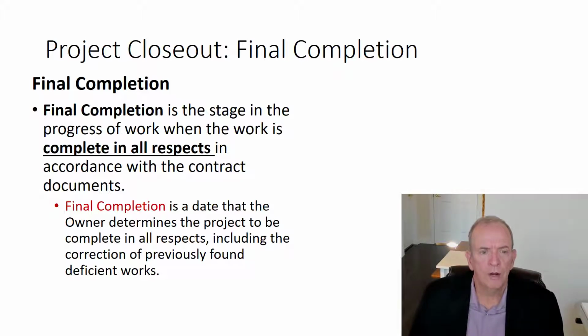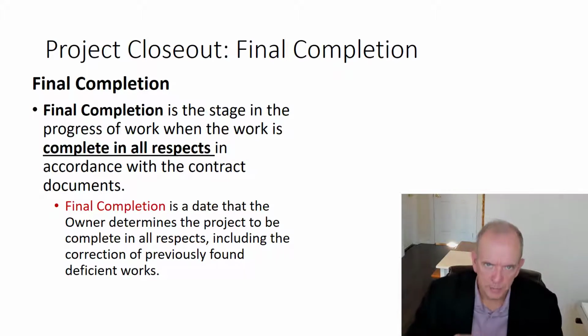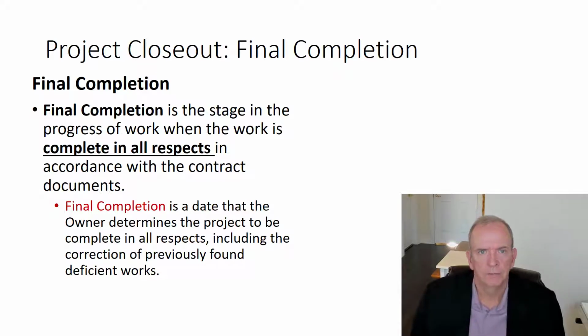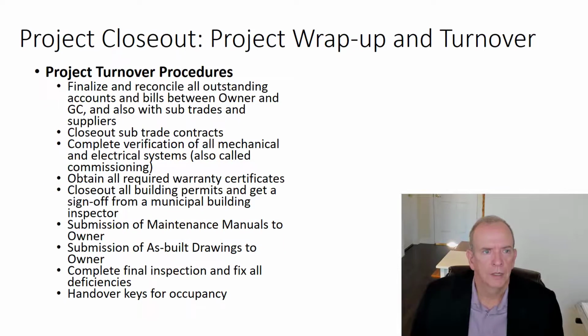Final completion means that everything is signed off and all the project closeout requirements are met, and the final payment is made from the client to the contractor. All the release of all the lien holdbacks is done. That's your final completion. Project is done. Nice when it is. So project wrap up and turnover: reconcile all outstanding accounts, as I was saying, close out sub-trade accounts,